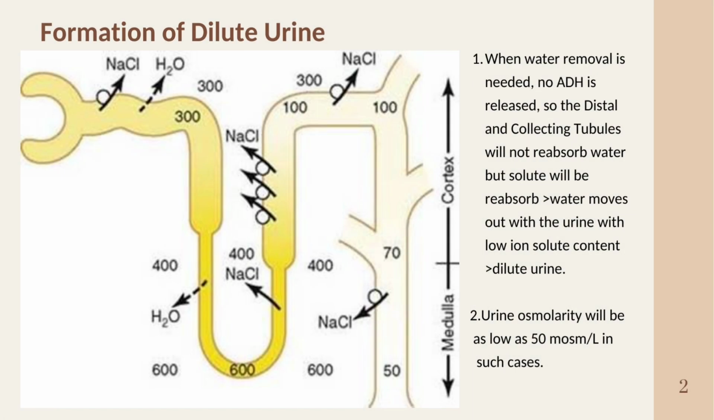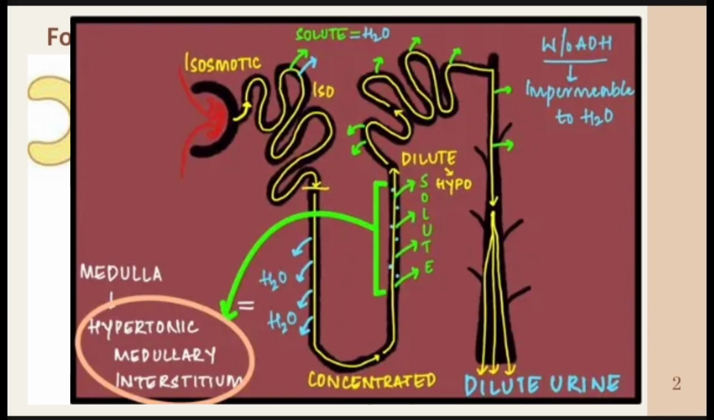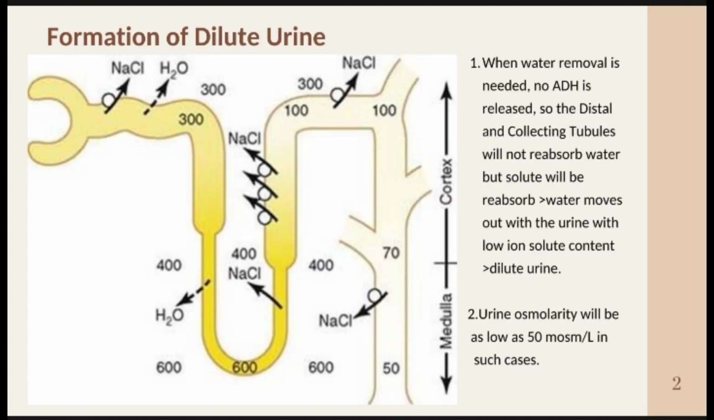Formation of dilute urine. When water removal is needed, no ADH is released, so the distal and collecting tubules will not reabsorb water, but solute will be reabsorbed. Water moves out with the urine, which has low ion solute content: dilute urine. Urine osmolality can be as low as 50 millimoles per liter. In such cases,